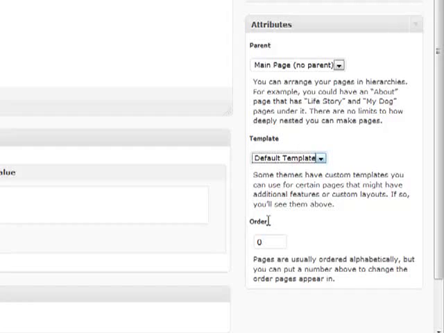And the last thing that you have the ability to do is set your order. By default, they're usually ordered alphabetically, but if you want to, you can change the order of something if you don't want it to be alphabetical. So let's say you wanted to have something be more prominent, or one of the earlier links, or maybe if you want it at the end, you can change the order of all